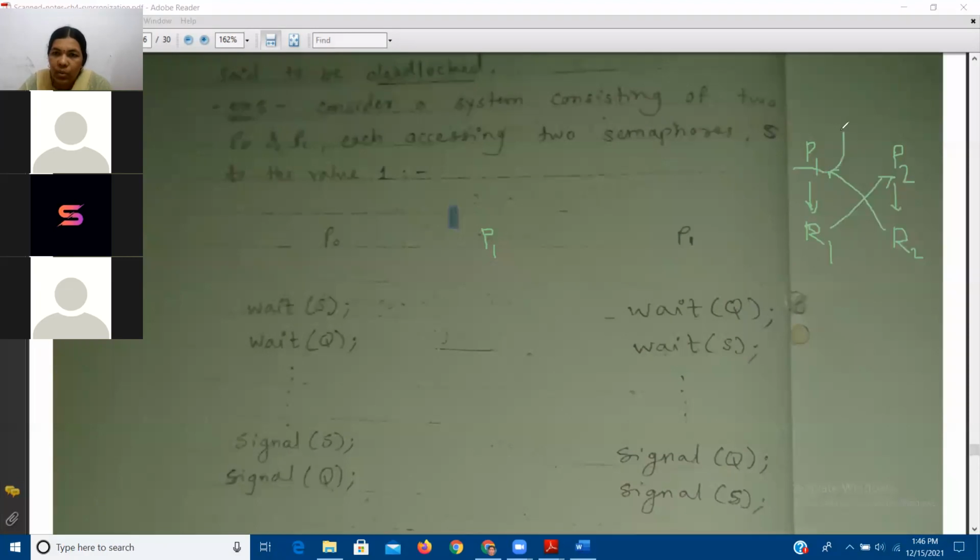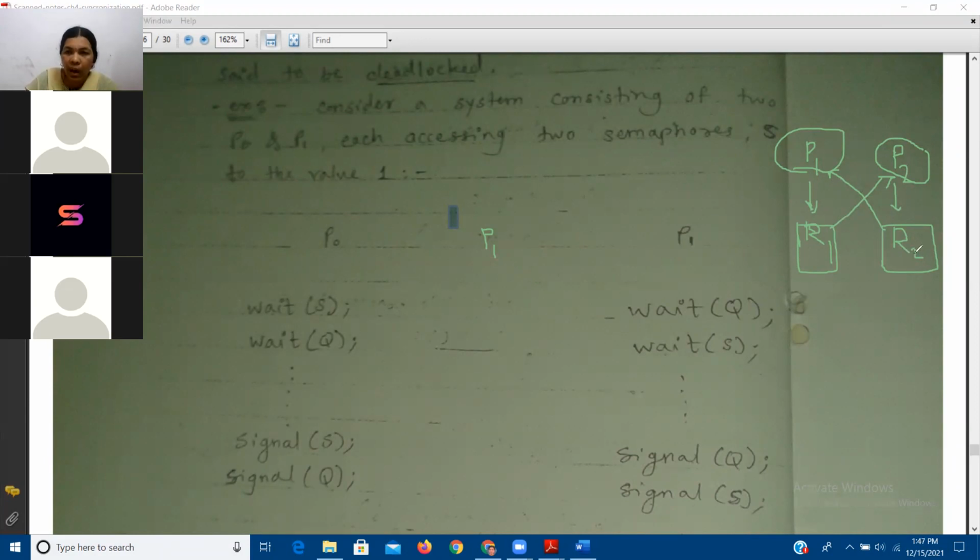Actually processes are shown with the help of a circle, and resources are mostly shown with the help of a rectangle or square. Okay, so we are discussing this in detail in the next chapter, that is deadlock. So this is called a deadlock situation. This is called a request edge and this is called the assignment edge. So we'll see in detail. For a while, this is just for your understanding purpose. I have shown this. Okay.